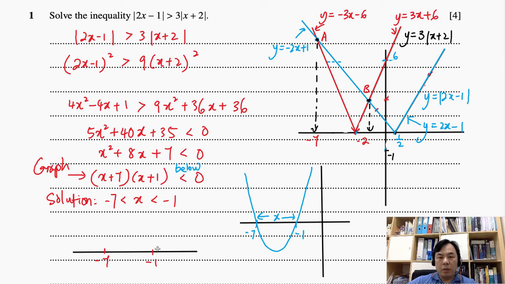For instance, you can choose a value that is greater than -1, for instance, 0. Let's put the 0 into here. So 0 into here, you get 7 times 1, which is positive. So you label that as positive. And then you can try out any numbers between -7 and -1. You'll find that it's a negative sign, less than 0. And then finally, you'll find that that is another positive. Now, what we want is any region that is less than 0, negative. So you can see that it would actually give us the same solution. Right? Now, I hope that is clear